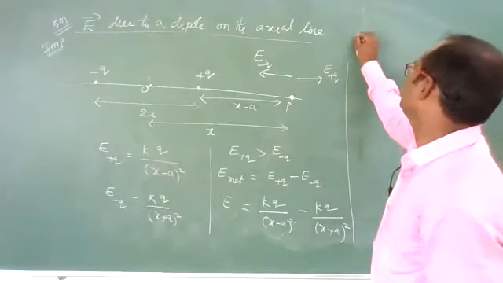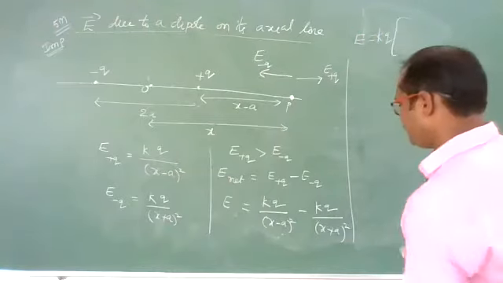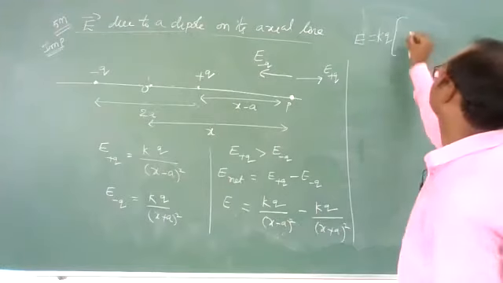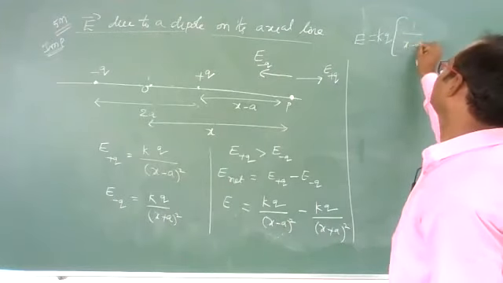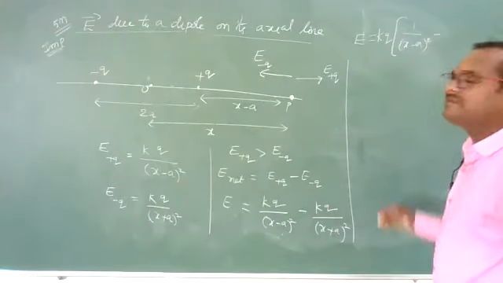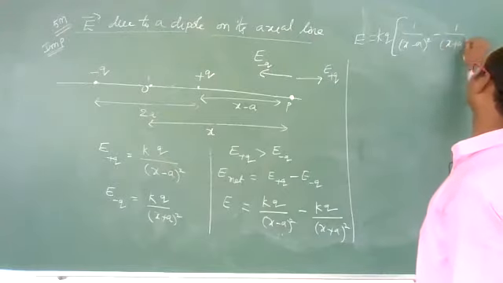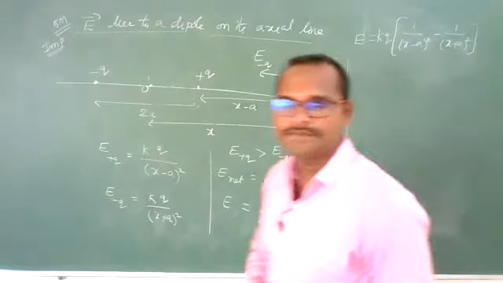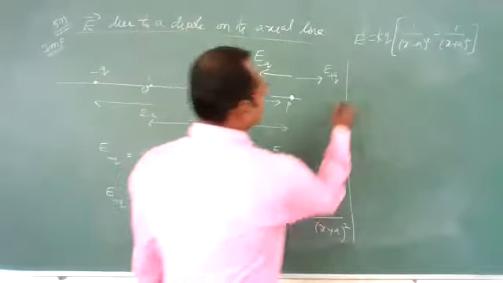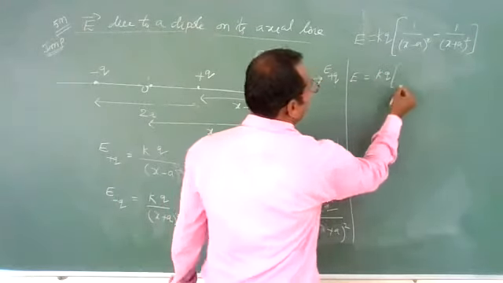Yes. Net electric field is equal to KQ. Let us take it common. You will get 1 divided by (x minus a) whole square, minus 1 divided by (x plus a) whole square. Is it clear? So net electric field is equal to KQ into